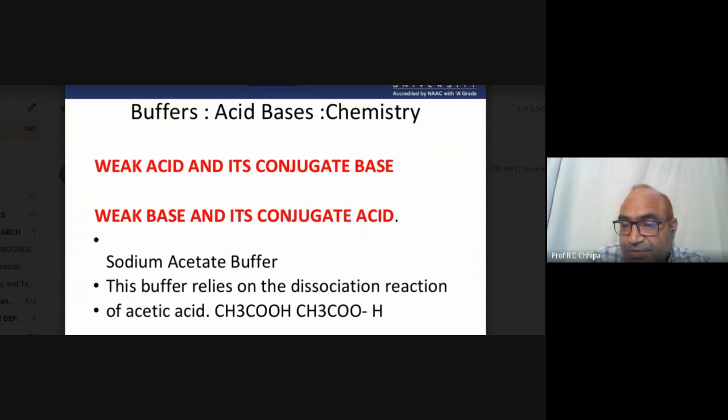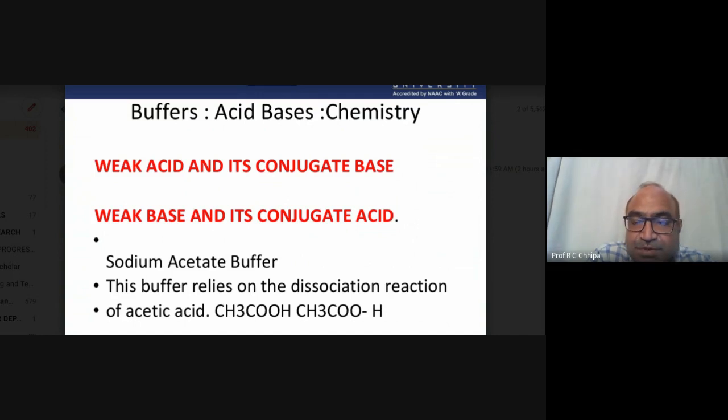So sodium hydroxide combined with acetic acid forms a salt, and that salt is of a weak acid with a strong base. So sodium acetate is taken because in that salt, the acetate part is the conjugate base of acetic acid, as per the Bronsted-Lowry theory regarding the acid-base